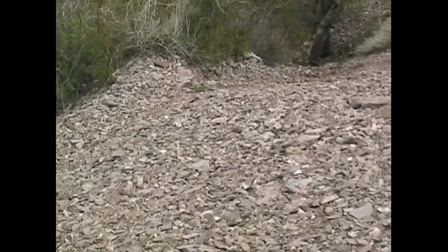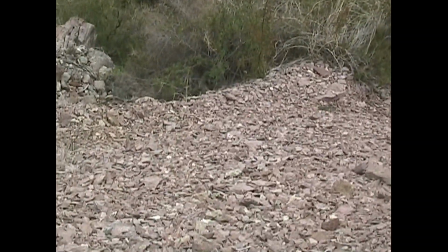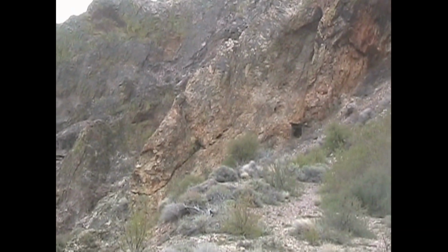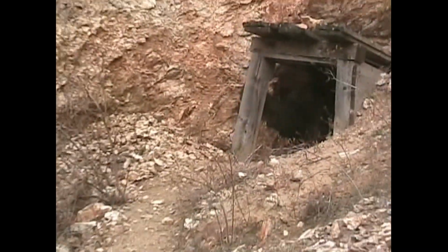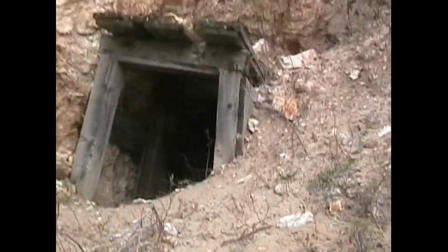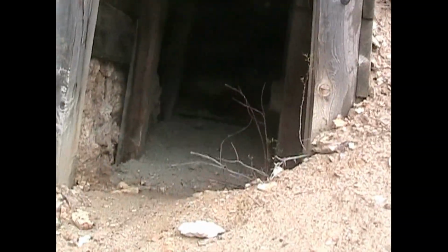We smell a sweet aroma and look around a little bit, and it's thousands of currants, wild currants, in full bloom here, and boy do they smell good. We climb up a pile of tailings on the hillside high above Pike Creek, where we find our first evidence of miners of yesteryear. There's a small wooden structure over the entrance to a mine